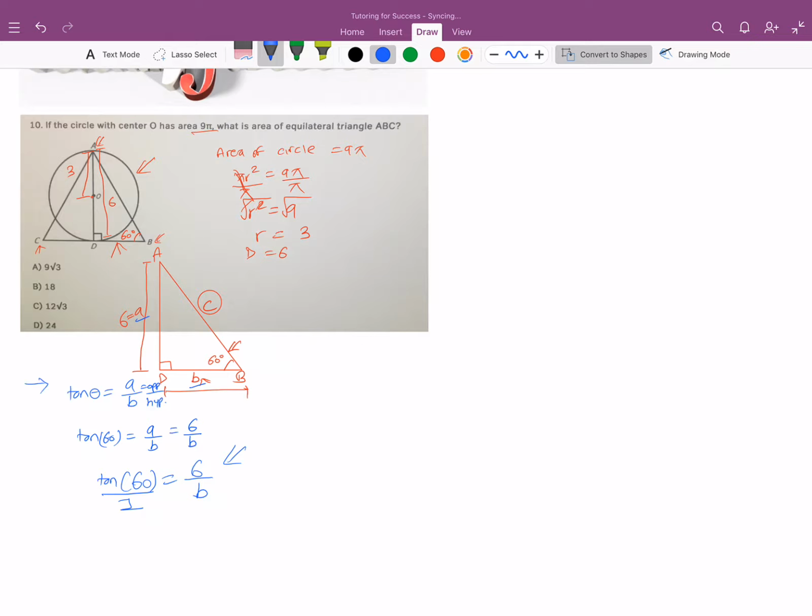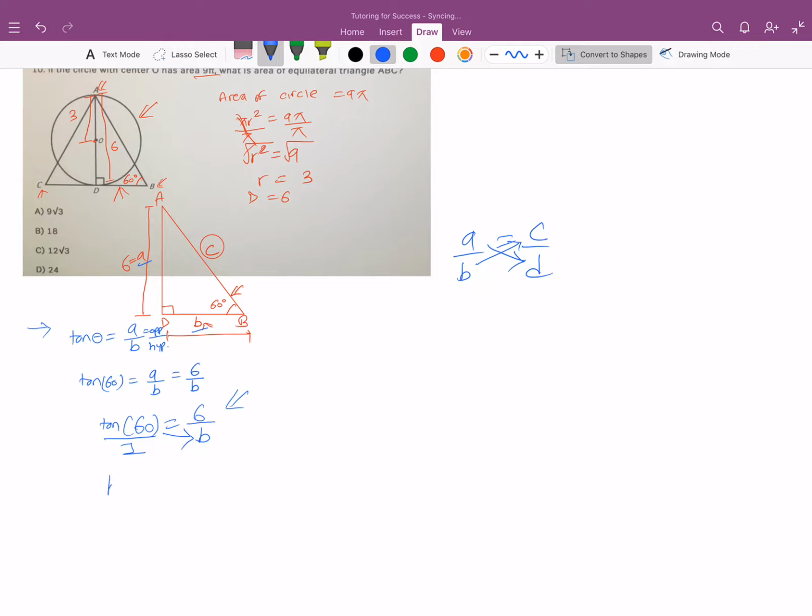This is cross multiplication: every time you have a fraction a over b equals c over d, a multiplies with d and b multiplies with c. So you would have b times